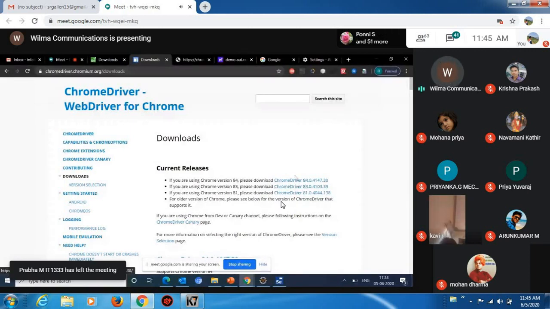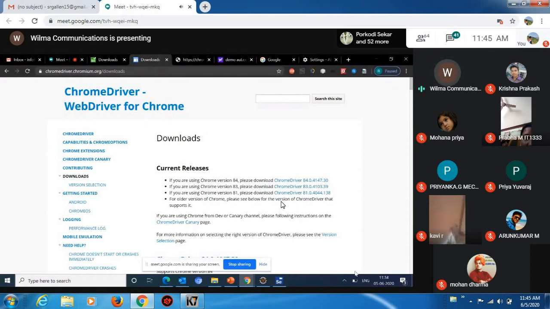If I select a different version of the driver, when you run your code, your execution won't work. It will throw an error message saying the browser version you are using is not supported. So what all the things you need: you have to download Java Eclipse. You have to download all the Selenium HQ things. You have to download the proper web driver. You have to download the proper browser driver, Chrome driver or Mozilla driver or Internet Explorer driver.